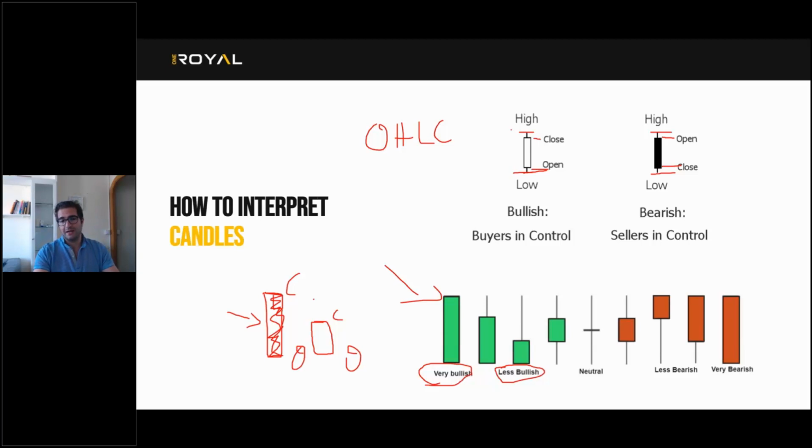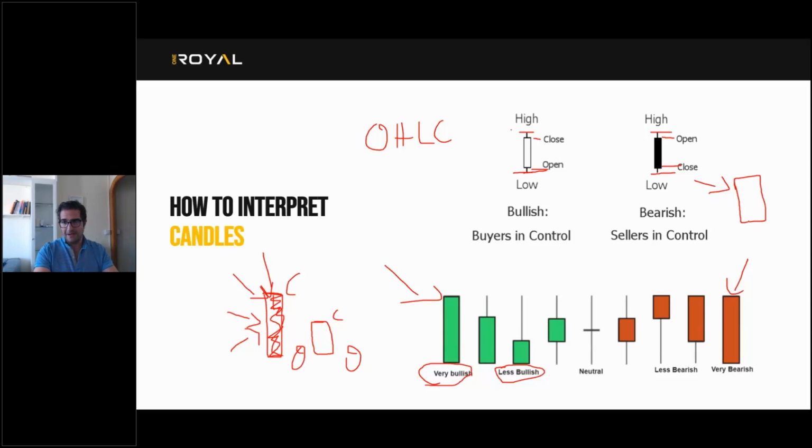Okay, so the body gives us a lot of information about whether the buyers are pushing the price to the upside, or if we have a lot of buyers. If the body is big, that means we have a lot of buyers or high buy pressure. However, here the opposite: if we have a big body